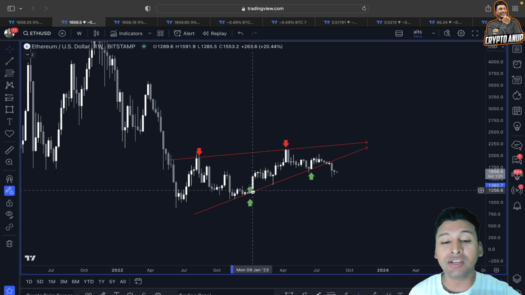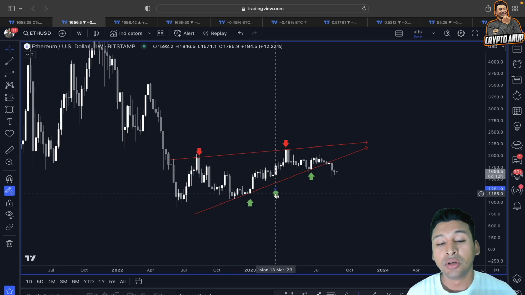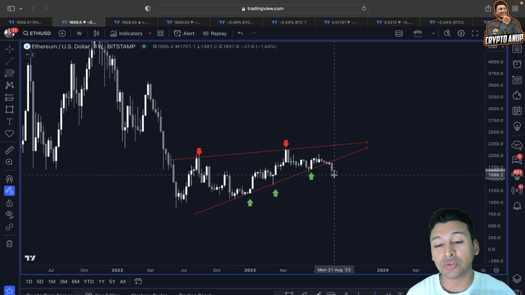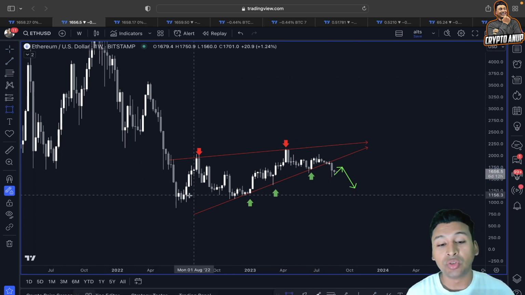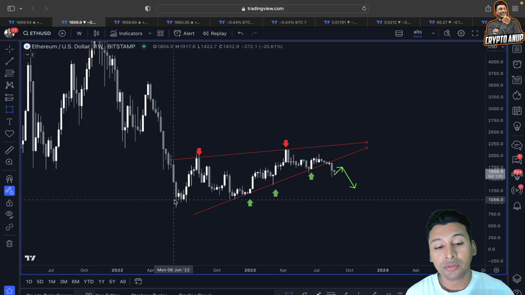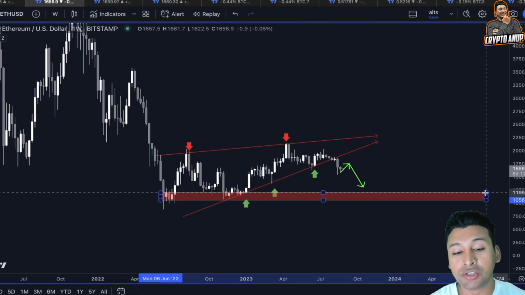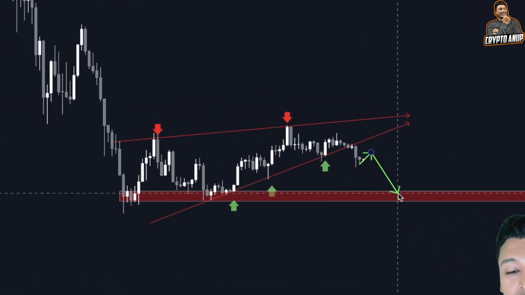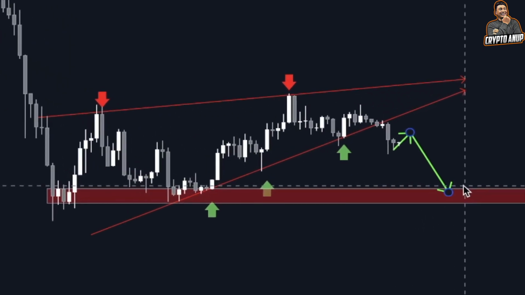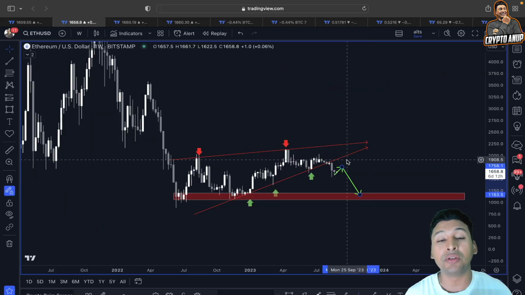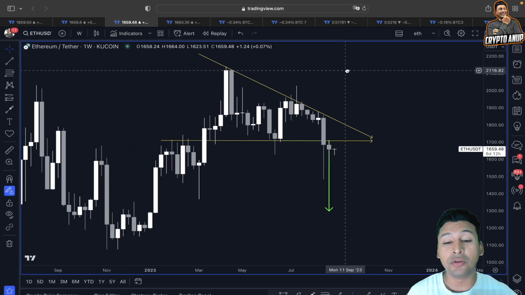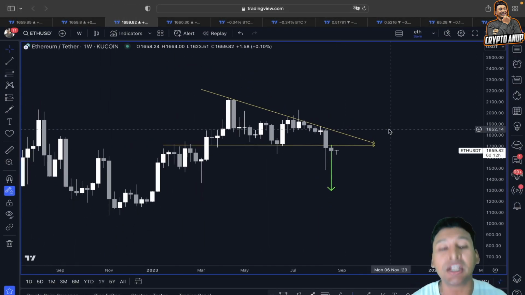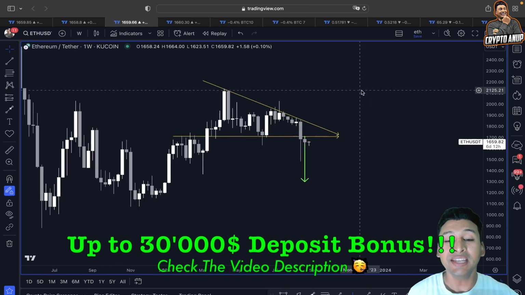So what I'm trying to pinpoint here is that if the price of Ethereum is going to show another continuation to the downside, then please be careful, because the price objective from this rising wedge could easily bring us around $1,000 to $1,200. Yes guys, this horizontal trend line will be looked at as our upcoming target if the price of Ethereum fails to regain its trend above 1,800, 1,900, because we know parallelly the price of Ethereum in a weekly time frame is also forming another bearish continuation pattern known as a descending triangle.